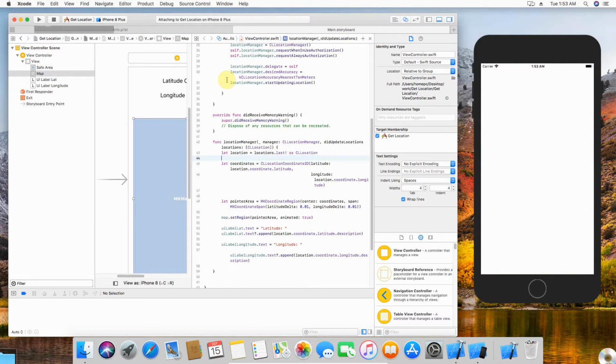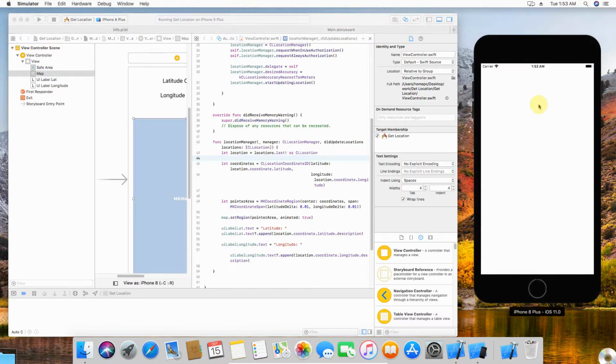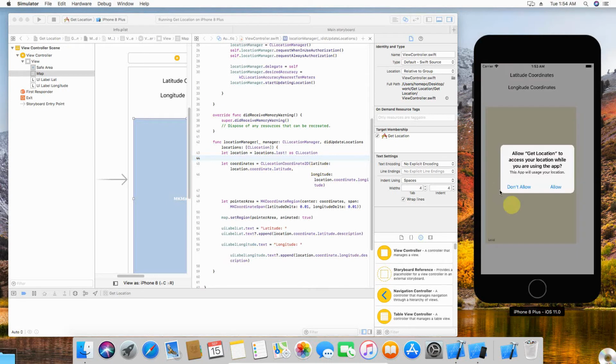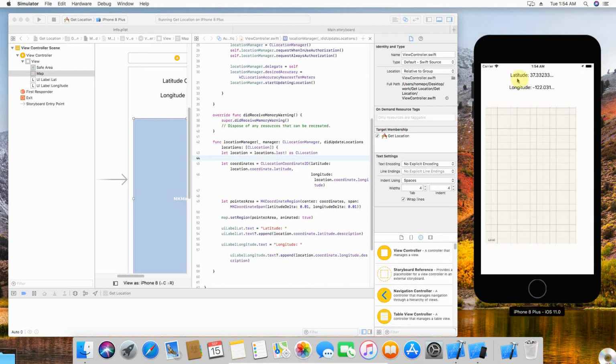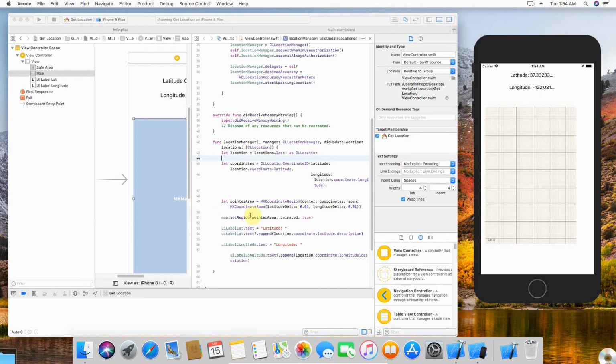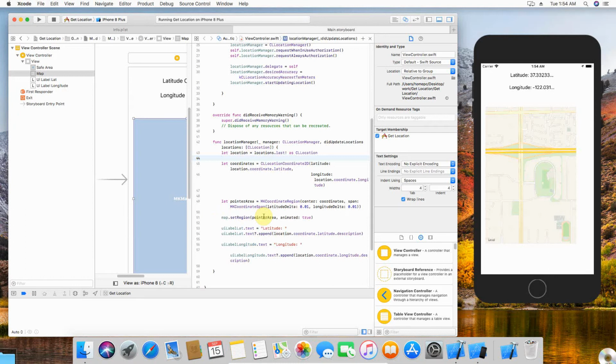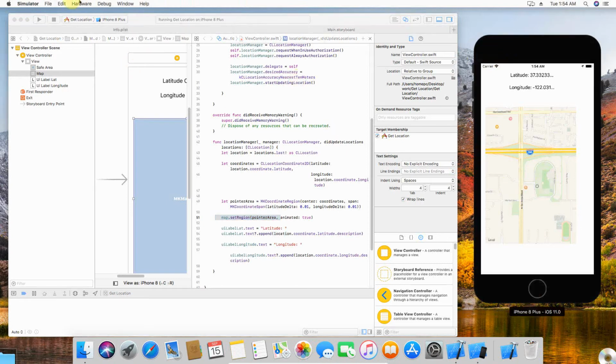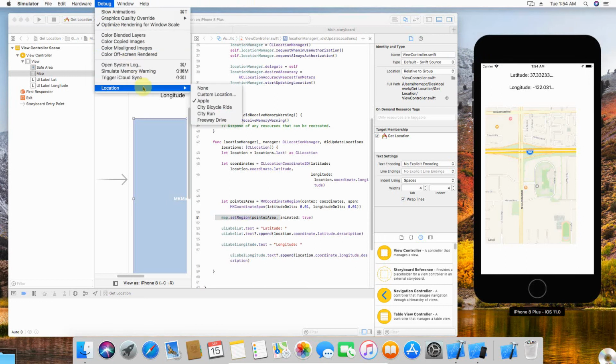So we can see our app is getting booted up, and this is the first boot. I was expecting this. It will ask for the location, so just click allow here, and once you click allow, it took up the coordinates. Latitude is this and longitude is that one, and hopefully it will also update the map because of line number 51, which is what I'm expecting. And yeah, perfect. If you can see on the right hand side, it's pointing the map towards the Apple location, and that's because in the simulator we have used this Apple location here.